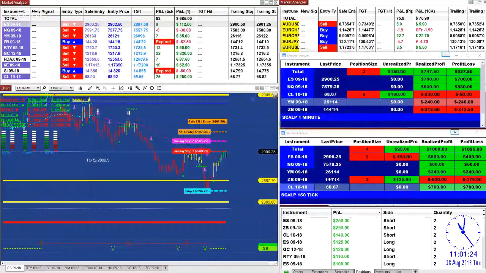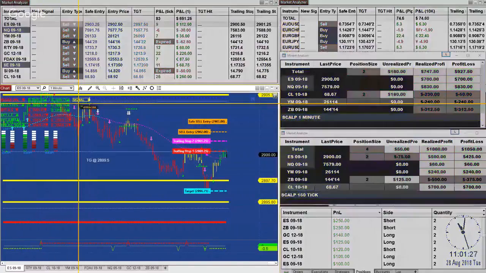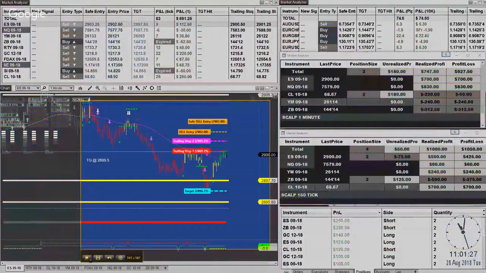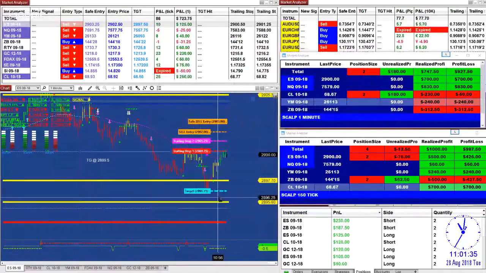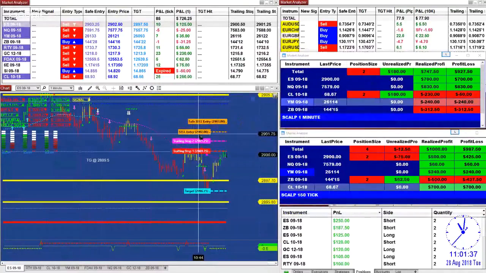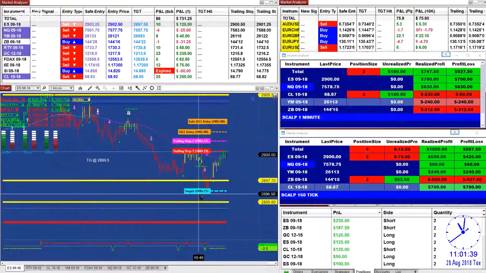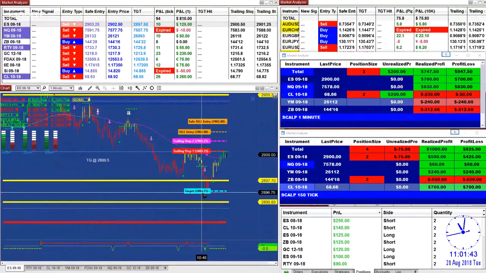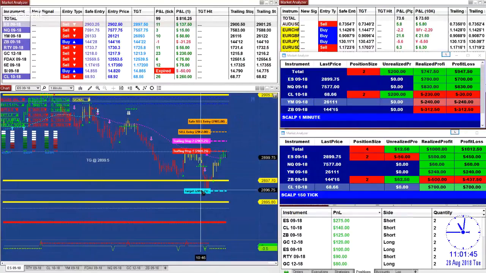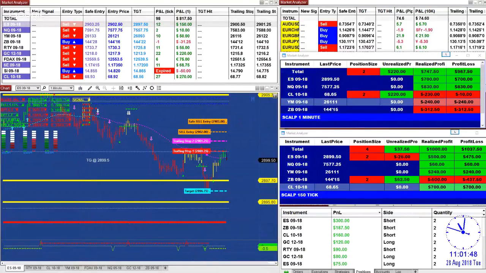Let me show our traders a trick. Of course, the system is fully automated and can take the trade from the entry to the target. You can use ATM strategy or full automated. You don't have to deal with it. Very fine. But on a struggle day like today,